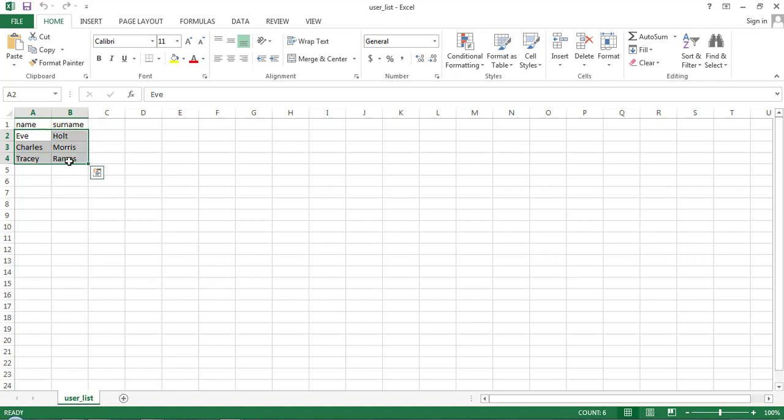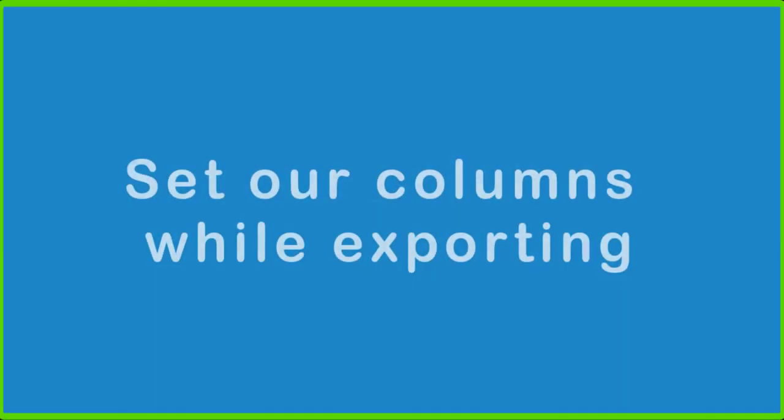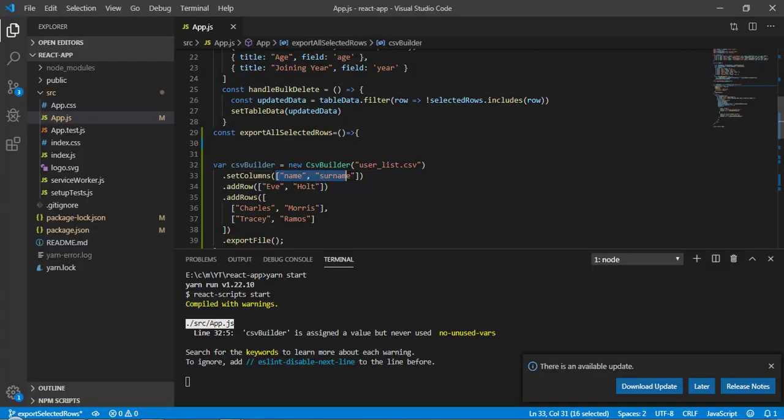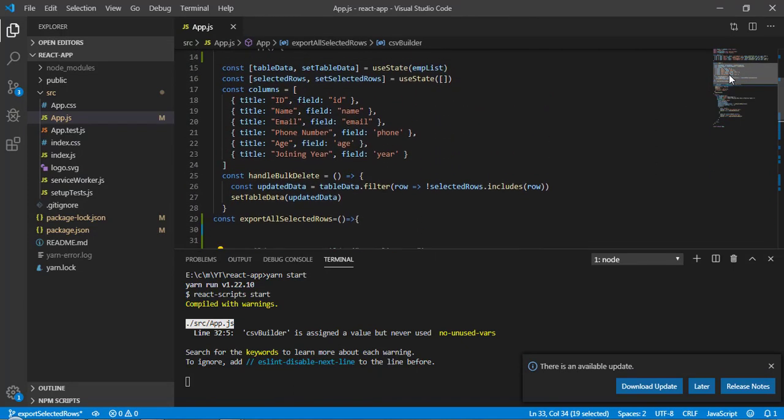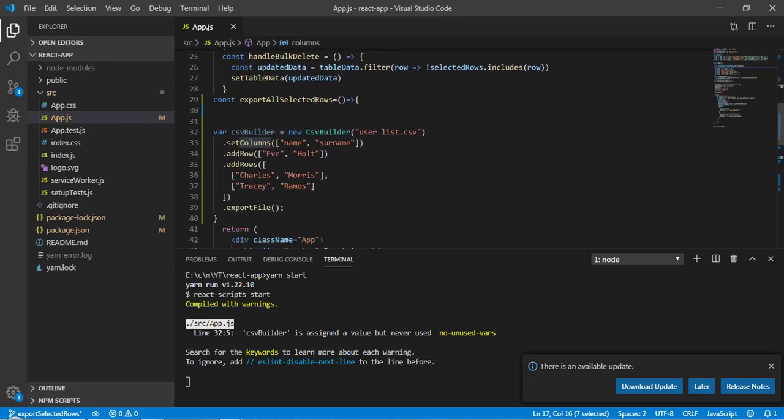Okay, so now we have to replace this data with ours. So here we have to pass an array of column names, and we have our column names here. So now we have to pass an array.